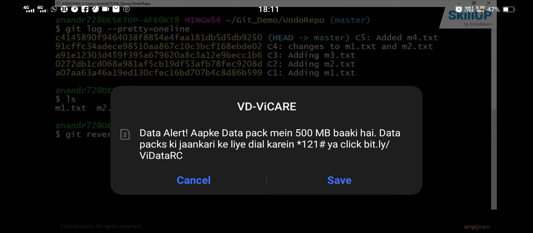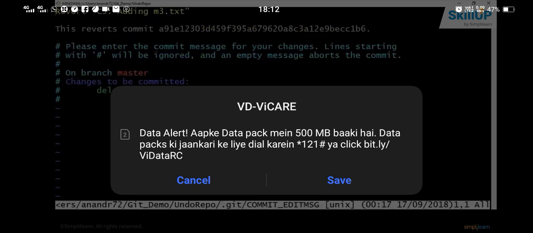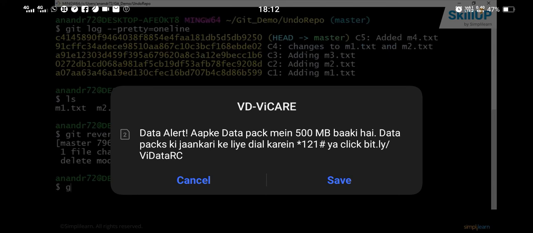While I'm undoing this commit, what does git do? It safely adds a new commit, and as a part of this new commit, it undoes whatever changes were done as a part of this commit. So if I say git revert this, all right, I forgot to mention a message, which is why this window is showing up, but that message is good for me. I say write and quit. All right, and if I do a git log,